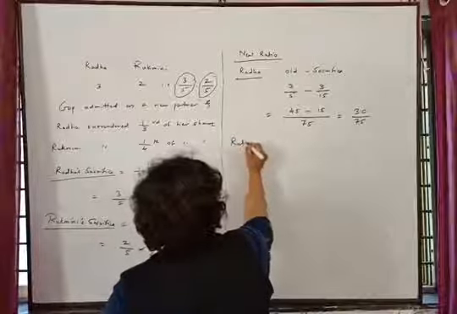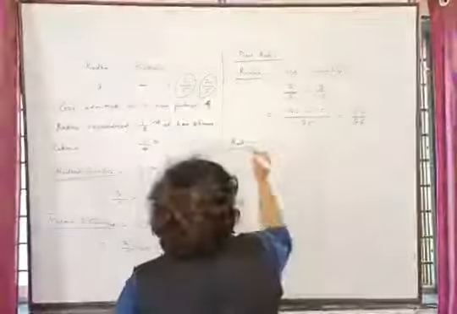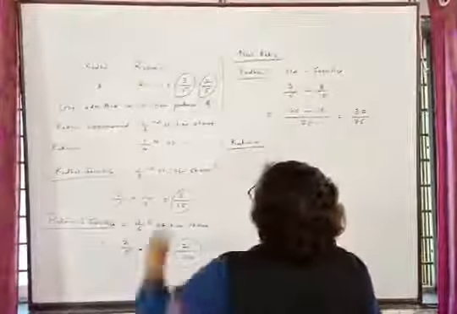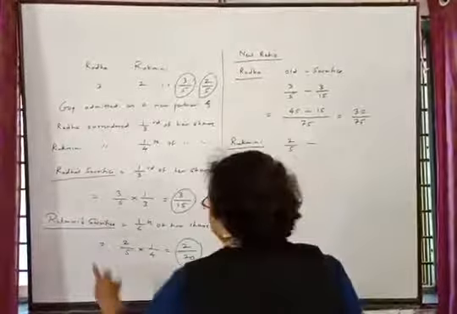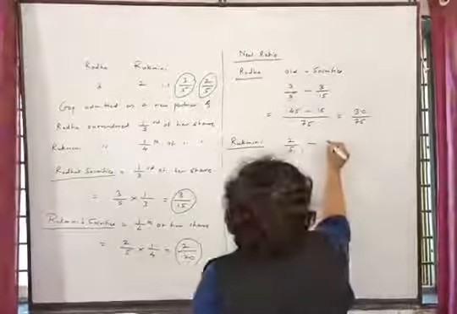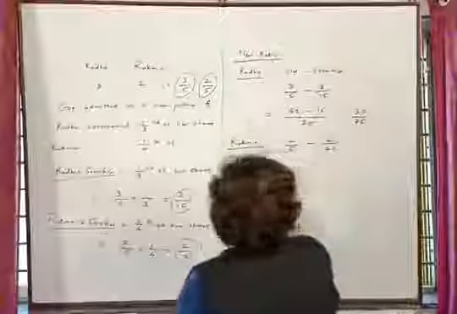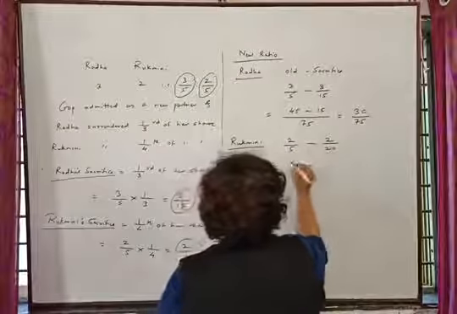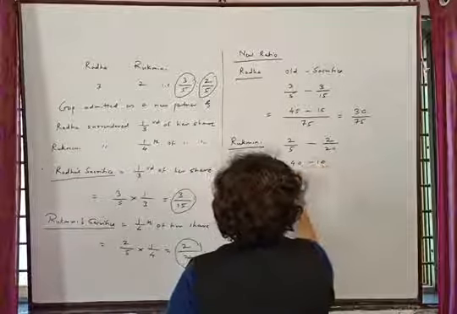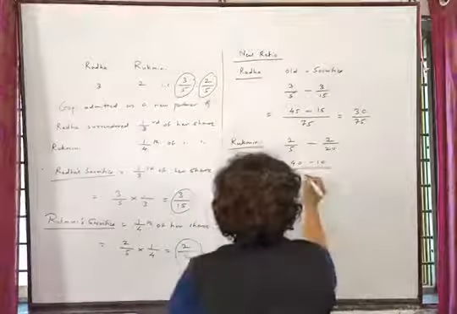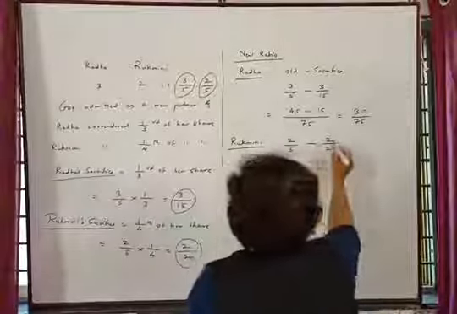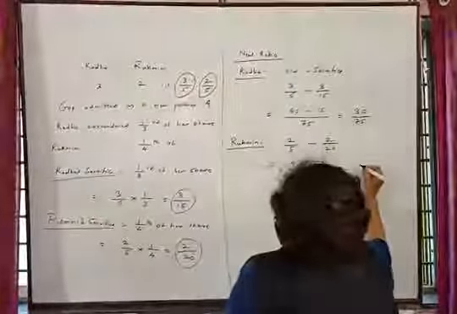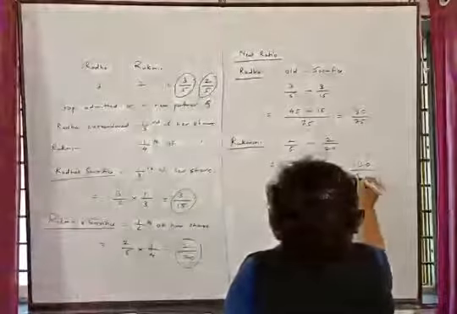Rukmini, old minus sacrifice, old ratio 2 upon 5 minus sacrifice 2 upon 20 is equal to 2 2s are 40 minus 10 divided by 100 is equal to 30 upon 100.